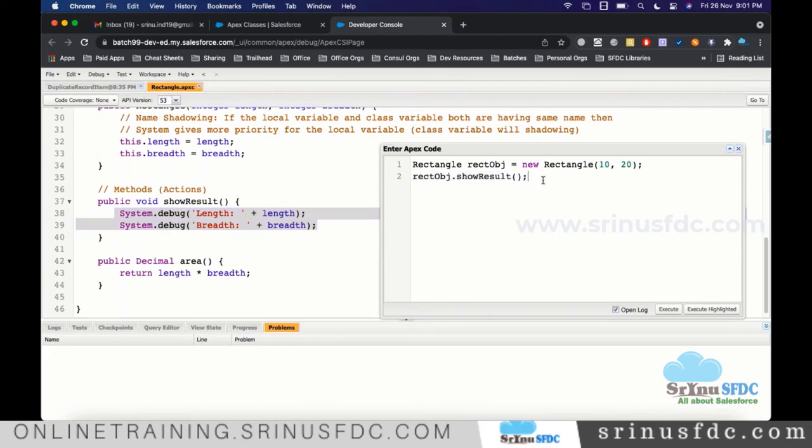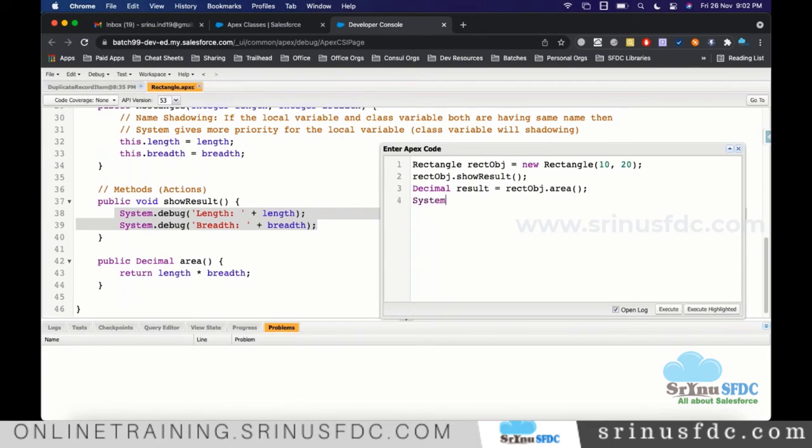But with this object, rect obj dot area, when you call it, it will return a value for us. Where do you want to store that value? Let's say I store it in a variable, and for now I want to print it in the log.